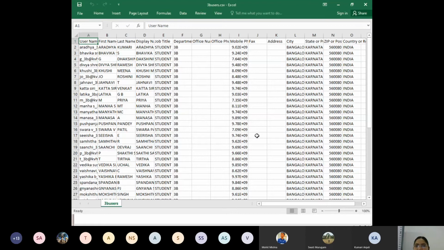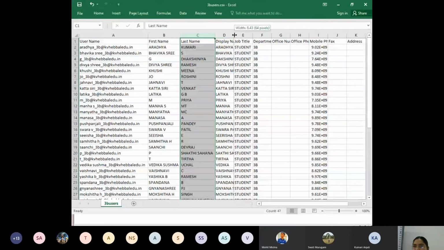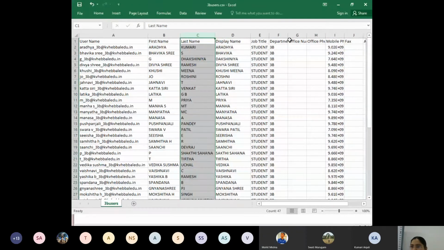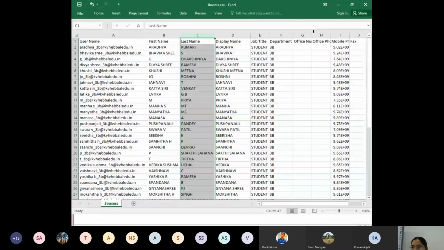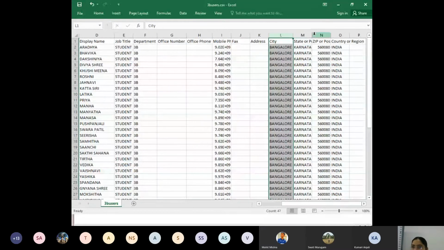Username, first name, last name, display name, job title, department, office number, office phone, mobile number, city, state or province, zip or postal code, then country or region. So these are all the different fields.